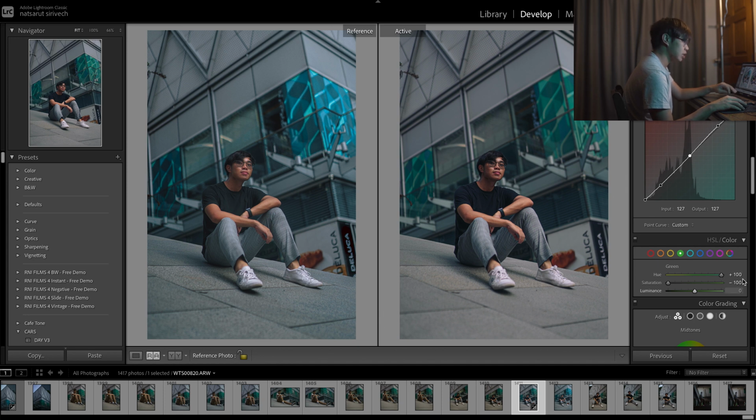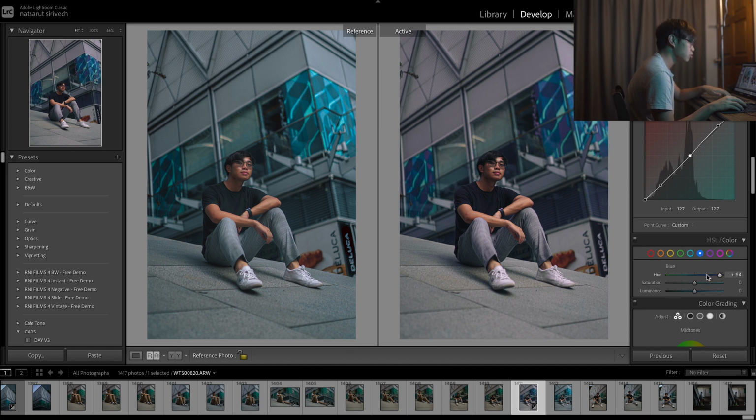So yeah, I'm gonna bring the hue straight to aqua, and take all the saturation out of it. Then I'm gonna bring up all the luminance, so the detail pops out more in the photo. Then we're gonna go to aqua, and I'm gonna change the aqua straight to blue, and it's gonna pop all the saturation and luminance.